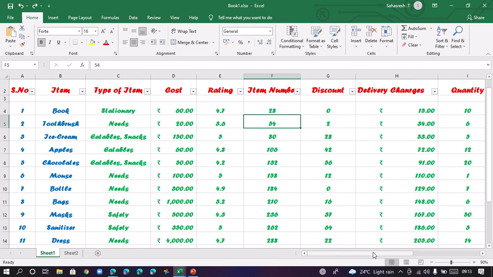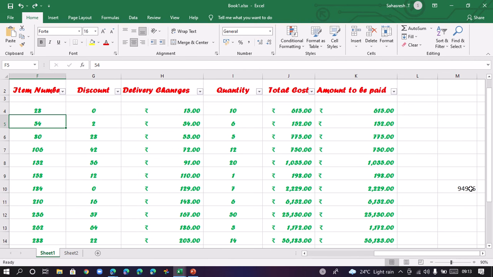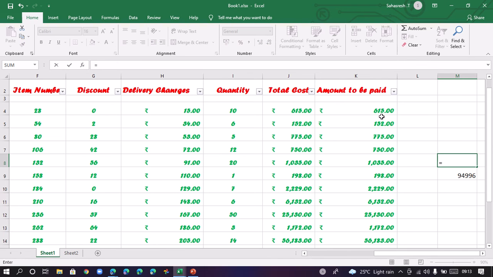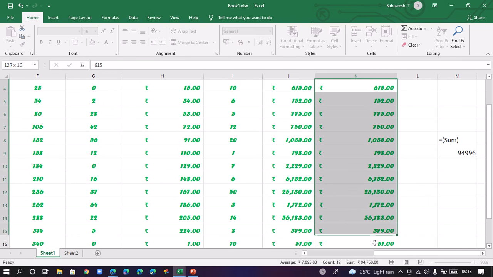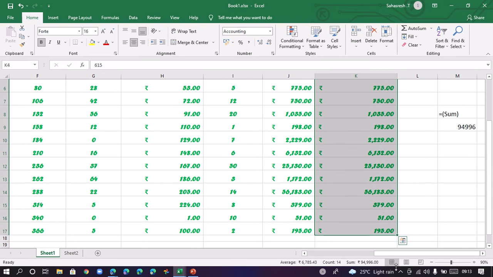And now I'm going to say how I did the total amount. I did not add it on my own. I did it in a very easy way. The same type of formula is added. We put the equals sign and write SUM in brackets, and then I select all the costs of the items, and enter.